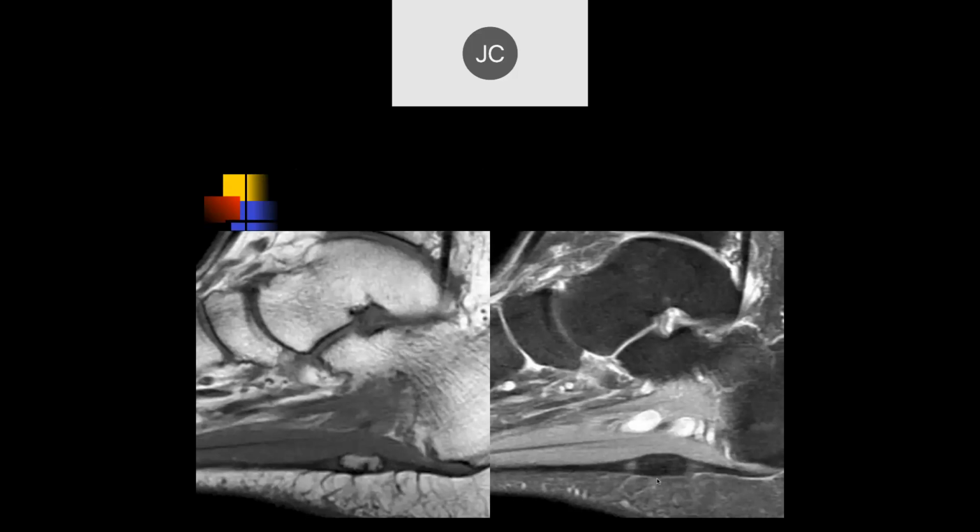Is it like, it feels like an ossicle, no? Okay, so now on the T1 weighted image, we see fat, we see dark cortex around it. So this is an ossicle within the plantar fascia. So what is that caused by? Like calcification, like